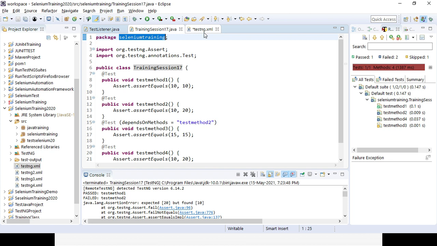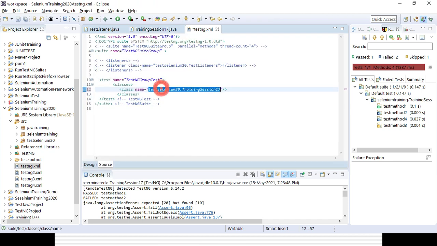So I will be updating the package name as well. So the test name will be package name dot class name, right? Here I can give anything, TestNG listeners, okay, and for the suite I can just give TestNG suite.